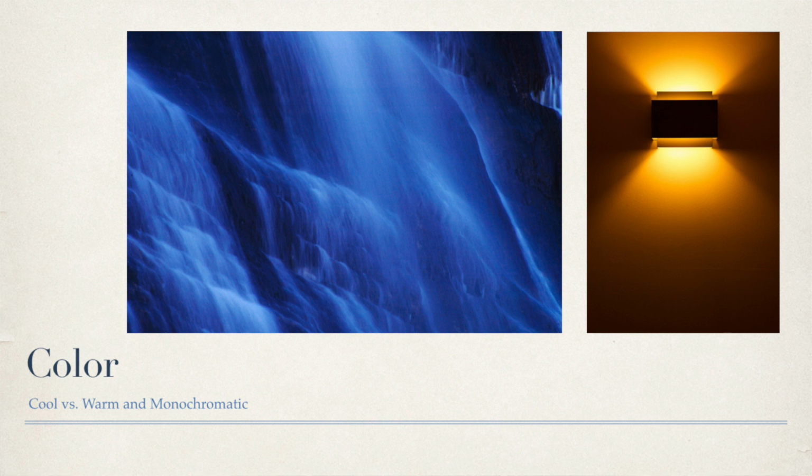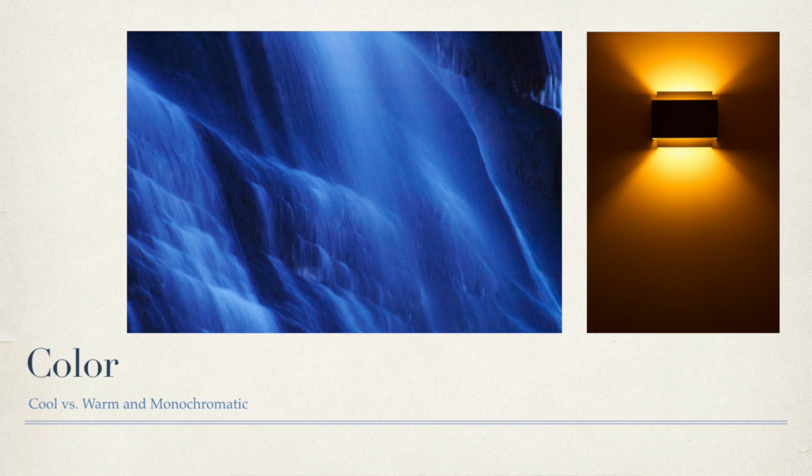Colors can be cluttered and busy, just like subjects in your photograph. So the more clutter and the more busyness you remove from your photograph, the more focused it becomes, generally speaking, and the more powerful it can become. So here in this slide, we have an example of both a cool blue